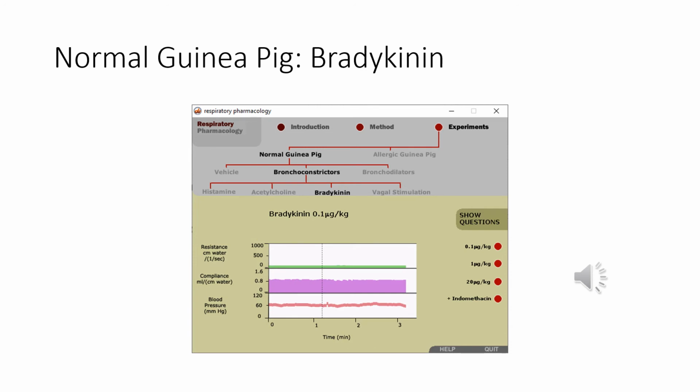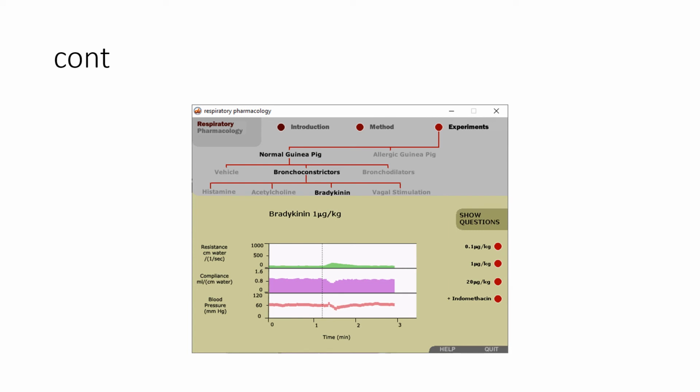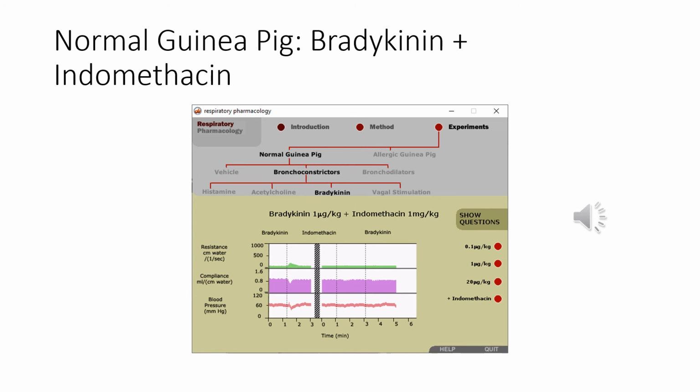The effect of bradykinin was also studied. At 0.1 microgram per kg, bradykinin has no, or little effect toward the lung resistance, lung compliance, and blood pressure. However, bradykinin at a higher dose increases the lung resistance and blood pressure while reducing the lung compliance. There were no lung resistance, lung compliance, and blood pressure changes observed after the administration of indomethacin prior to the